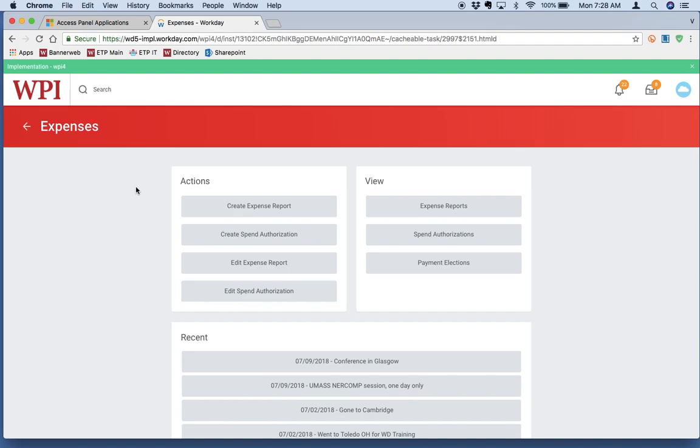And now you'll see two cards, one that has a list of things that you can do and one that has a list of things you can see, including previous expense reports that you've submitted, which also appear at the bottom of this page. I'm going to click Create Expense Report,